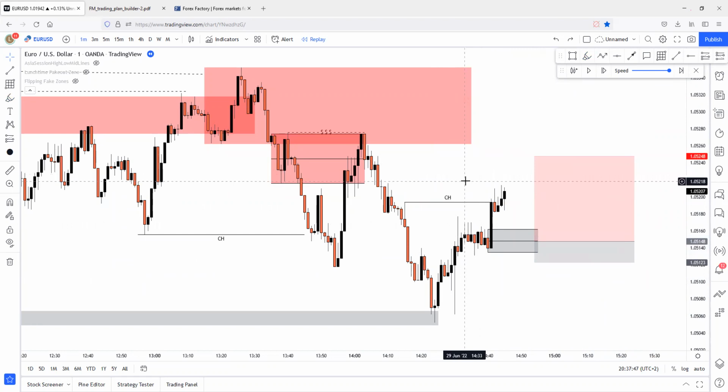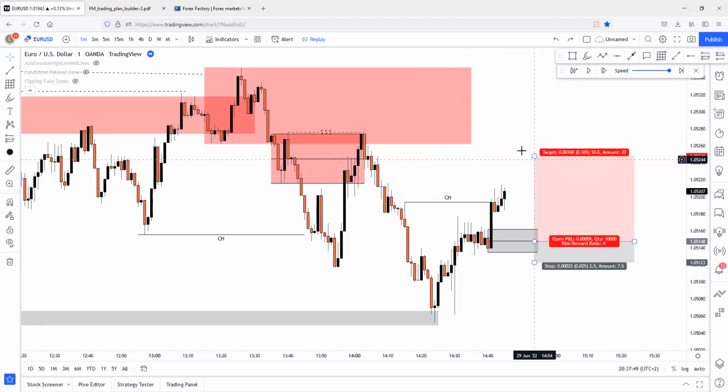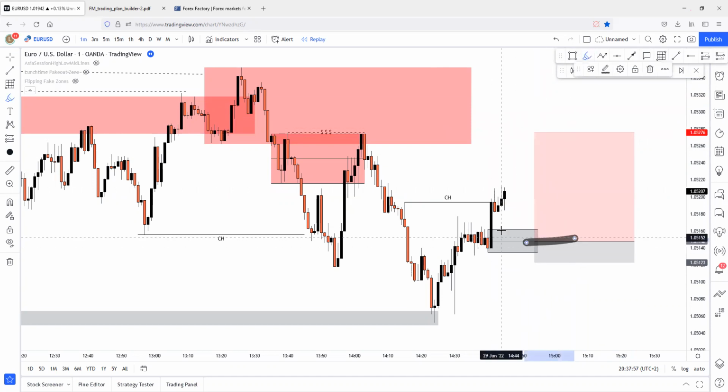Do you always use 50%? No, of course on equilibrium entry zones I'm using 50%. The majority of the time, 99% of the time I'm using 50% entry on equilibrium entry points. That's my trading plan.